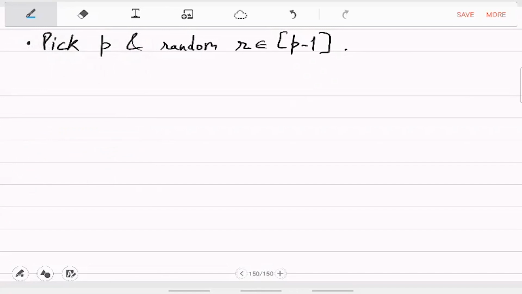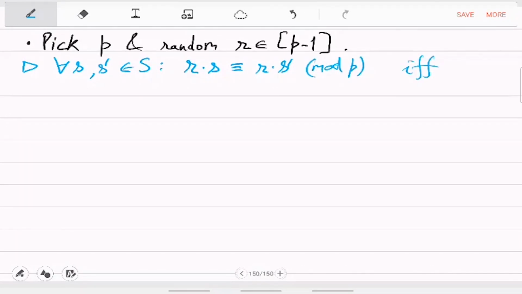And note that for all elements S and S prime in S, R dot S is the same as R dot S prime mod P if and only if, since R is not divisible by P, you can cancel it out. So this is really the same as